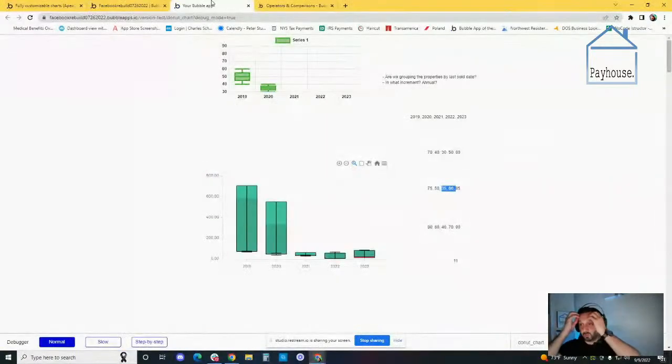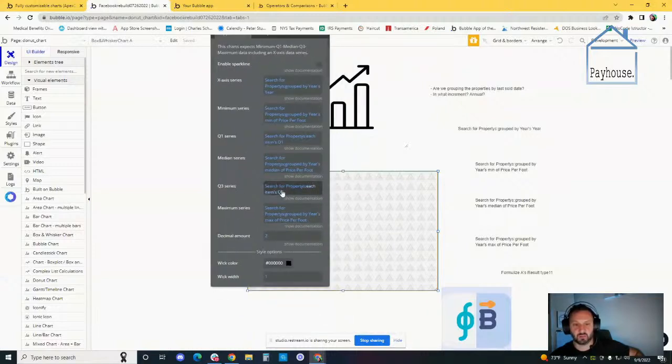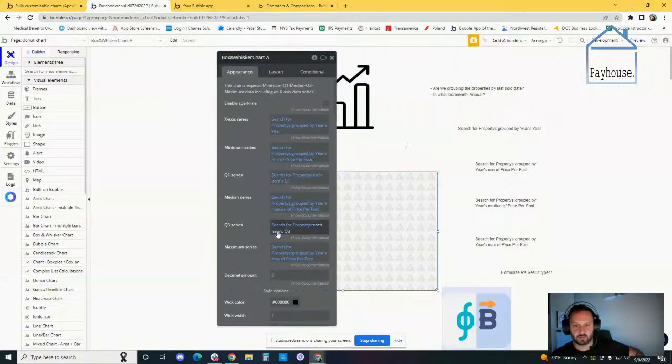All right, so the problem that I have now, I think I'm already kind of in my solution phase, right? I'm in phase 3. No, I'm still in the problem solving phase. I would say I'm still in stage 2. I've solved the problem of the min, median, and max, and I understand how this plugin needs to be fed, but this is still a problem. This is still very exploratory. I don't know how to get my